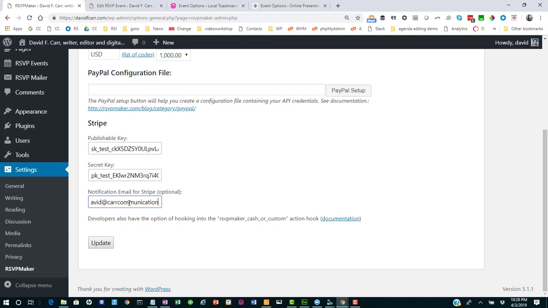I can make sure that I'm going to get a notification through RSVPMaker every time a transaction comes through, because Stripe only sends me kind of minimal information. It tells me the amount, it tells me the email address of the person who RSVP'd, and I'd like to make sure that that's associated with this person who has just registered. So I want the RSVP information and the payment information to be merged together. Alright, so I've put in my keys,